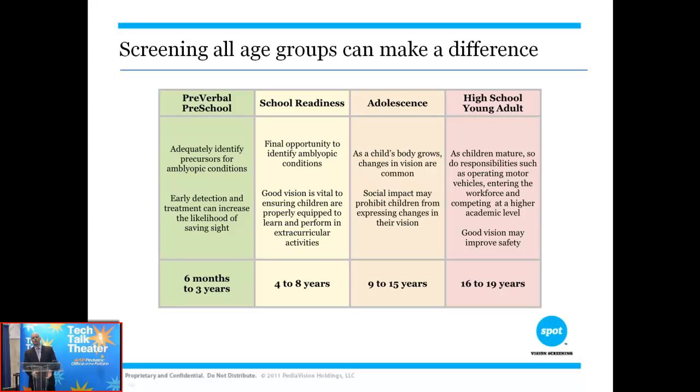And when they go through their changes of life in adolescence, that's when the eyes change a lot, so regular screening at those ages is very important. And finally, in high school, when you are sending children out, they're going to start their time in the workforce. They're going to be operating motor vehicles, and the element of responsibility is very high, and it's really important to make sure that they can see. And if you're a parent of a teenager and you hand them the keys to your car, it'd be very nice to know that they can see very well.